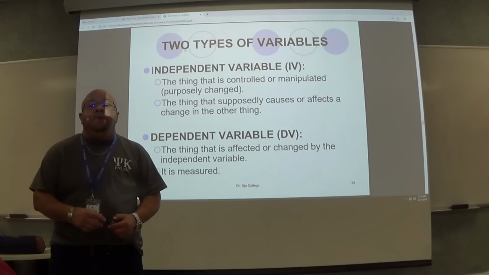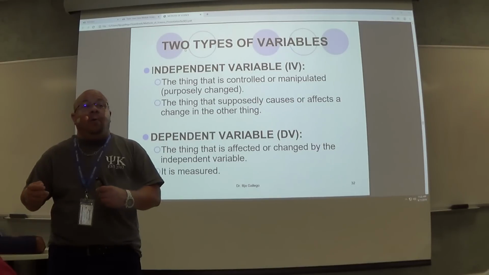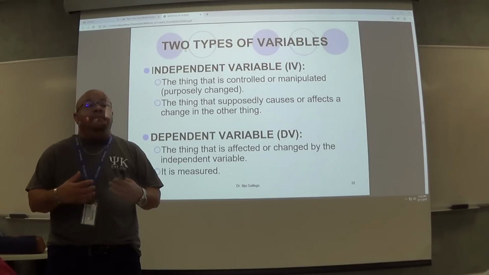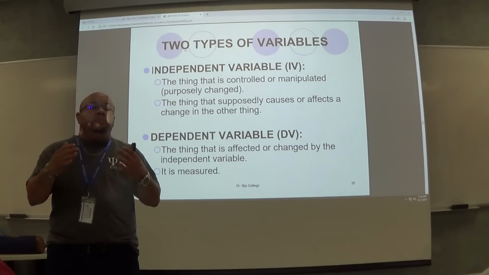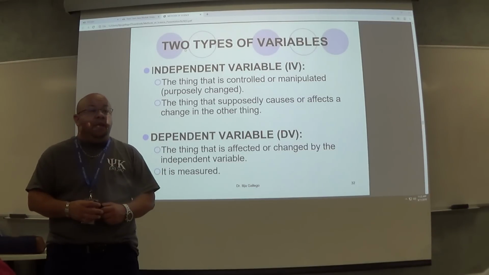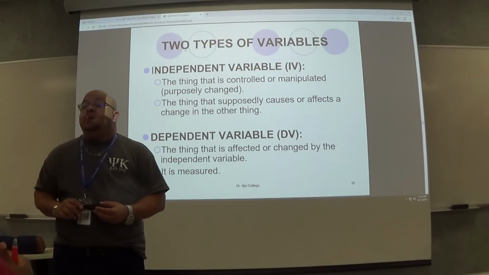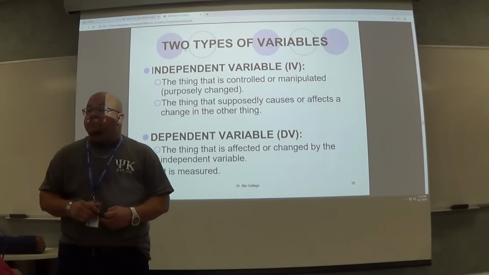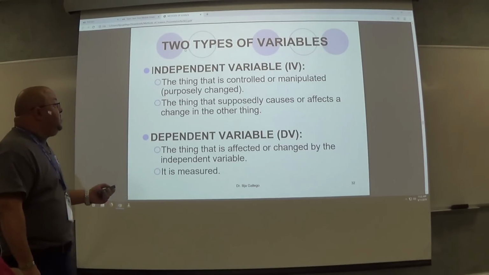Let's say that I'm doing a study on how alcohol affects your driving. Let's say that my hypothesis is that alcohol leads to impaired driving ability. Okay? So what is my independent variable? Alcohol is what I'm controlling and manipulating. And my dependent variable would be what? Driving, so how many mistakes they make on a course or something like that. Okay, so